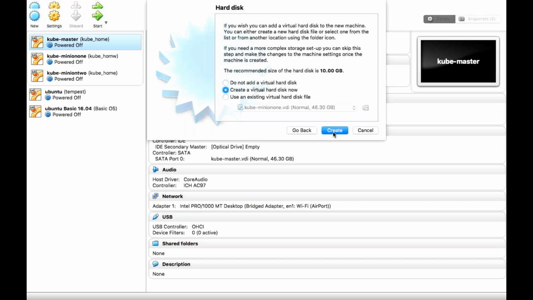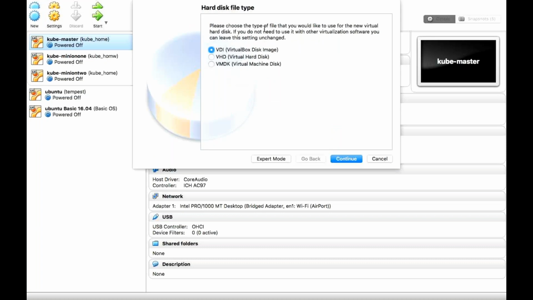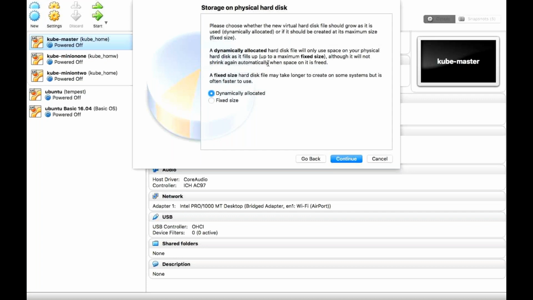Okay, continue. And here create a virtual hard disk now. So it's not a physical hard disk, right? It is a virtual hard disk of 10 GB. Okay, we can change it. I'll tell you when we can change. The extension of that particular virtual hard disk is VDI format, virtual disk image, and it is dynamic allocation. So dynamic allocation in the sense, you will set a maximum limit, but your virtual machine will use only the amount of storage which is required right now, and it will increase dynamically as it goes ahead. Okay, it doesn't occupy the entire storage you have given to the virtual machine.